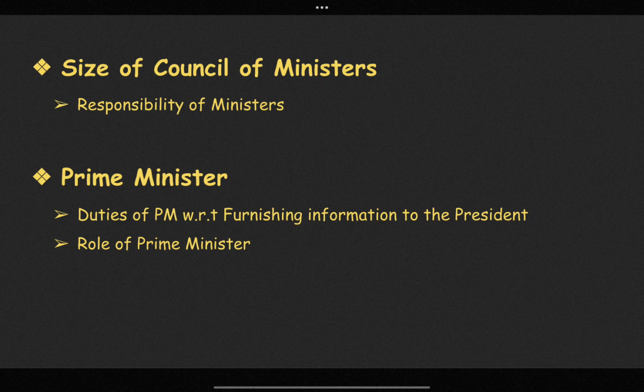But the position of the Prime Minister depends on his personality, the political condition of the country, and his position in the political party. A Prime Minister leading a coalition government may not be very powerful, as he cannot take independent decisions in the appointment of the ministers and in the allocation of the portfolios. The policies are also made in consultation with the coalition partners, which is not the case for a PM from a political party that has a majority on its own. So the role of the Prime Minister depends on the different conditions.